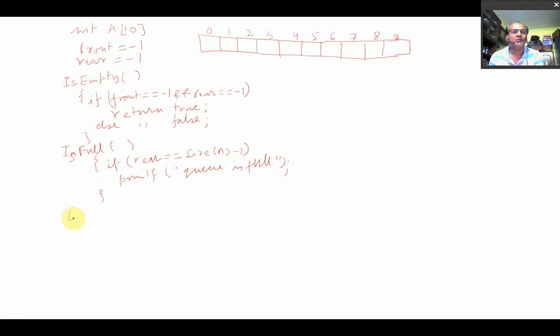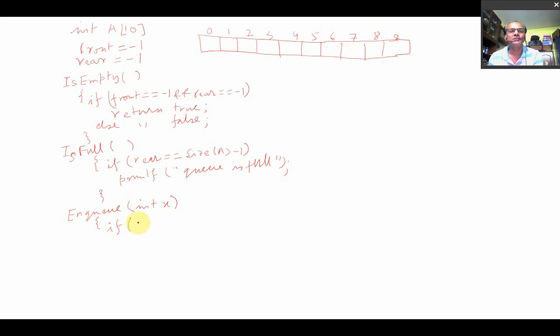Now the main operation is NQ operation. NQ means you want to insert one element at the rear position. Suppose this is the integer value int x. Then what you have to check here? First you have to check whether there are any more free spaces to insert there.